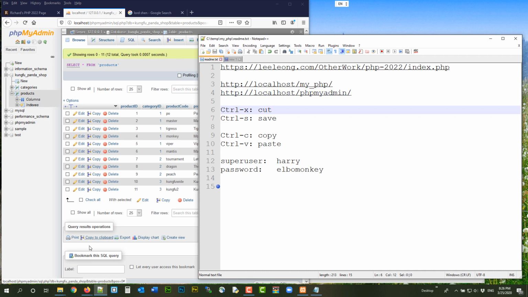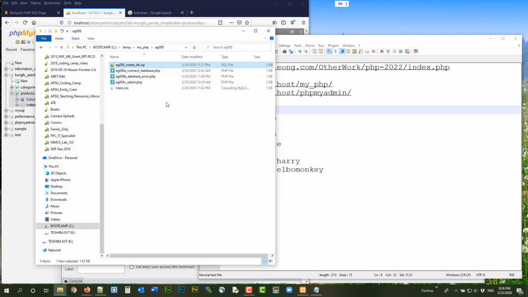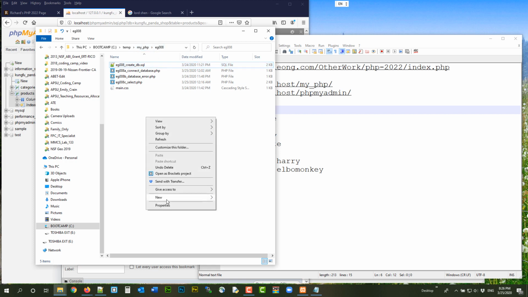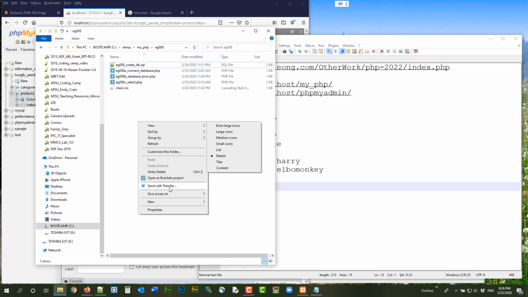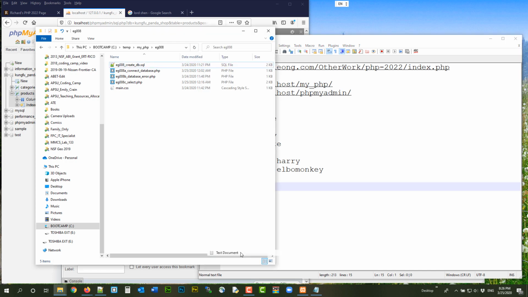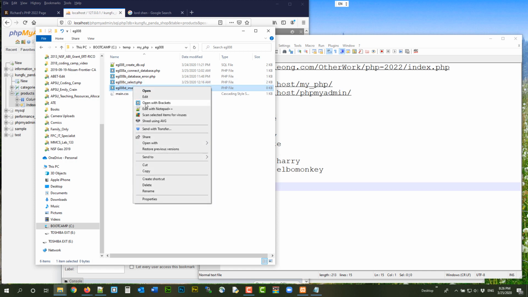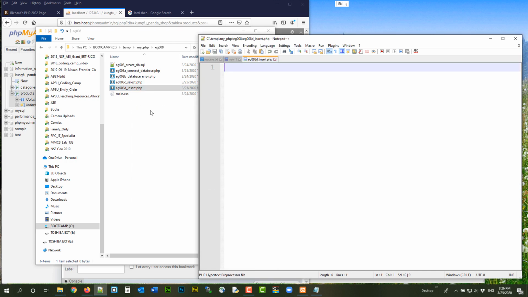All right, so let's do that. Let's go to eg008, c temp myphp eg008. We are going to create a new PHP file. Right click, new text document. We are going to call it eg008d insert.php. All right, and open this in Notepad++,